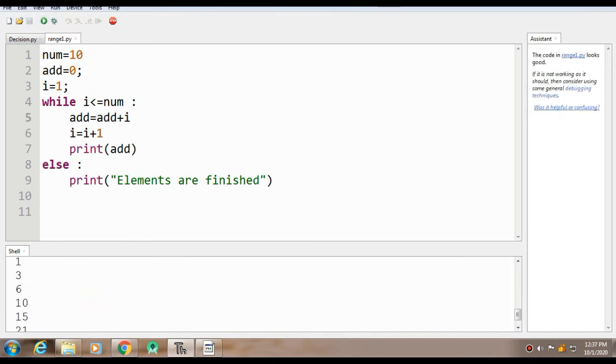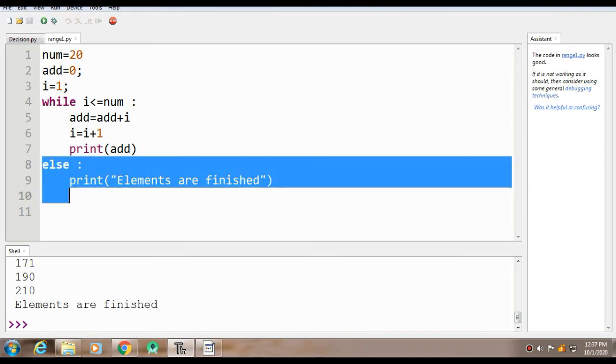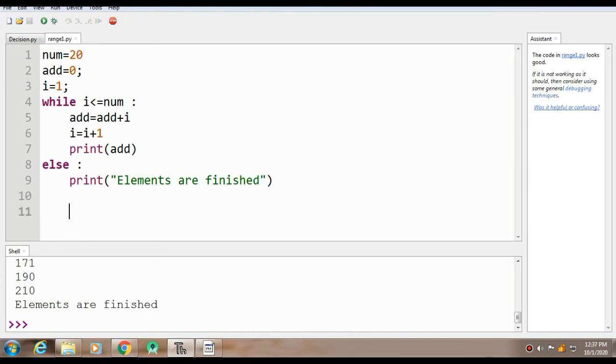Now you can see it's working fine. I can add more than 10 elements. Suppose I want to add 20 elements, I simply do that, then I'll execute it. You can see it is showing me the result of the same. And the purpose of else is again the same as it was in the for loop. So hope this is also clear to you, and now we are only left with the use of for loop